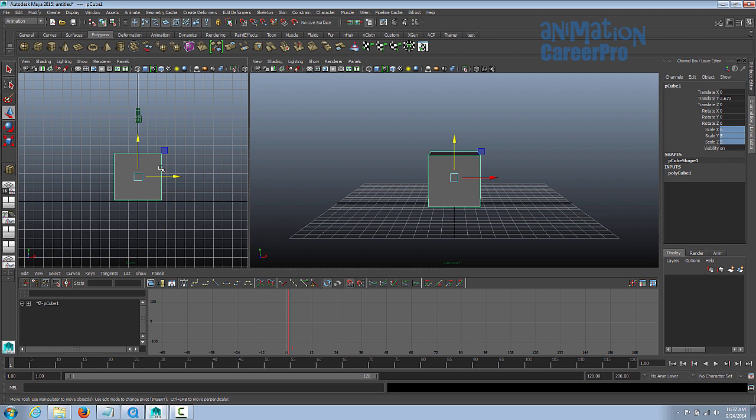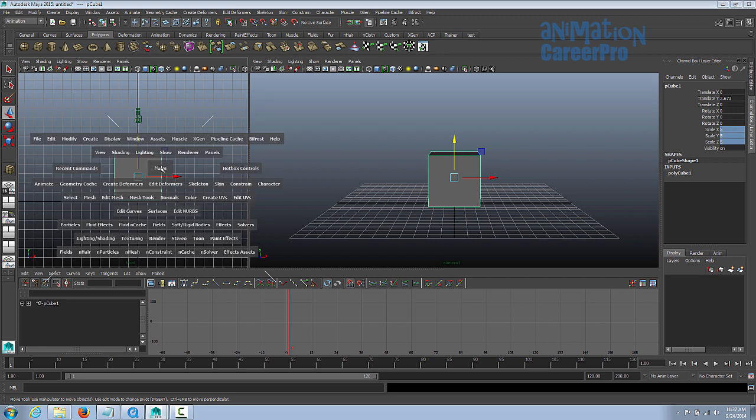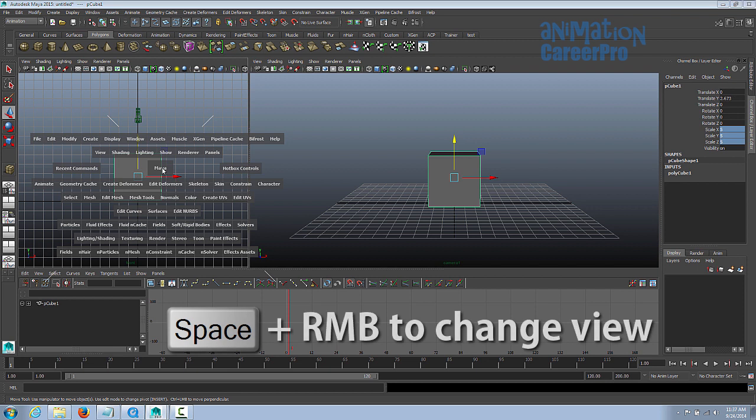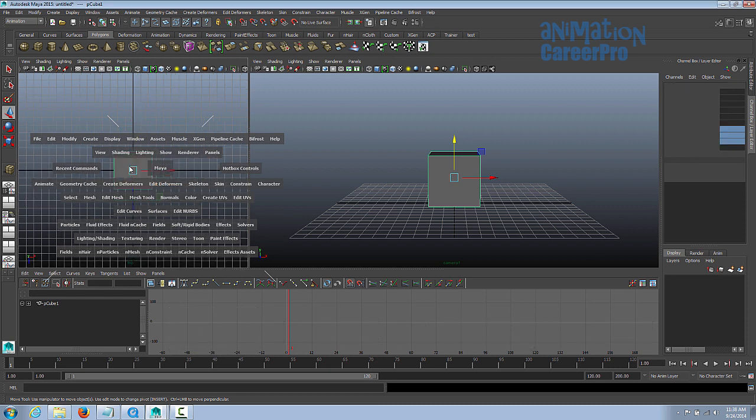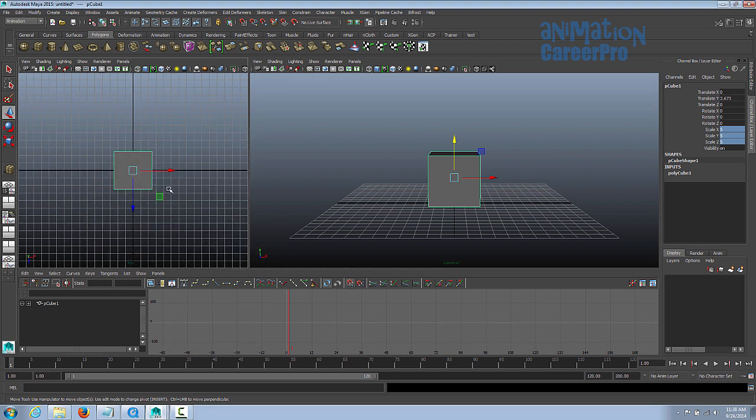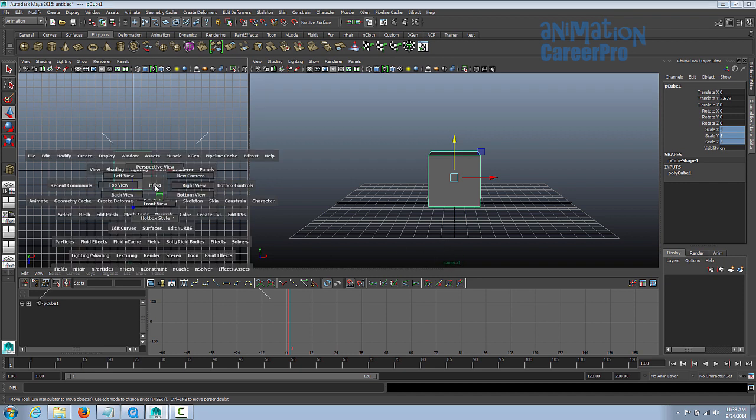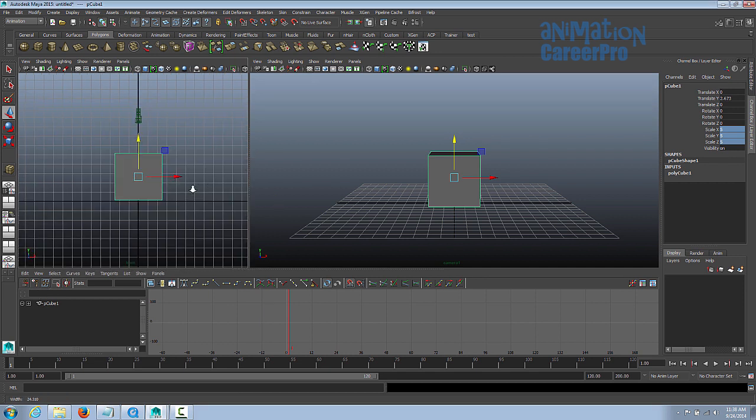You can also change the panels by hitting your space bar, and you get the entire menu set when you do that. But if you hit the space bar and you right click, you can change your orthographic views this way as well. So say I go to top and release my mouse button. We're now in the top view, and you can see it says top at the bottom of the panel here. At the bottom it says camera 1 in this panel. So we're just going to go back to the front, spacebar,